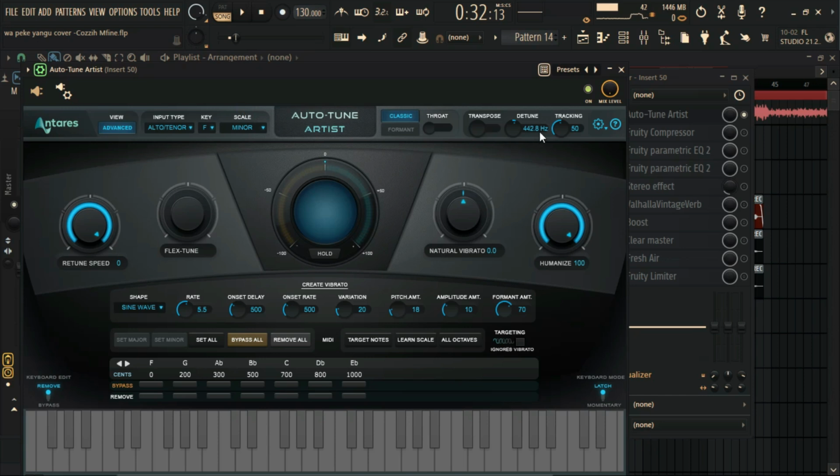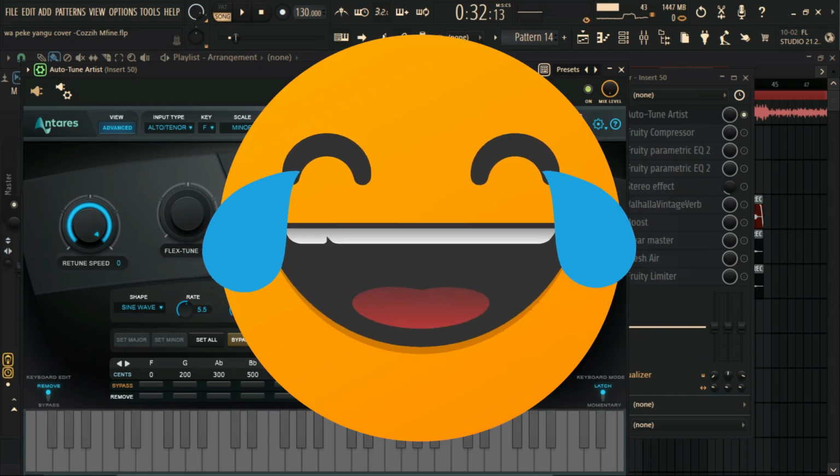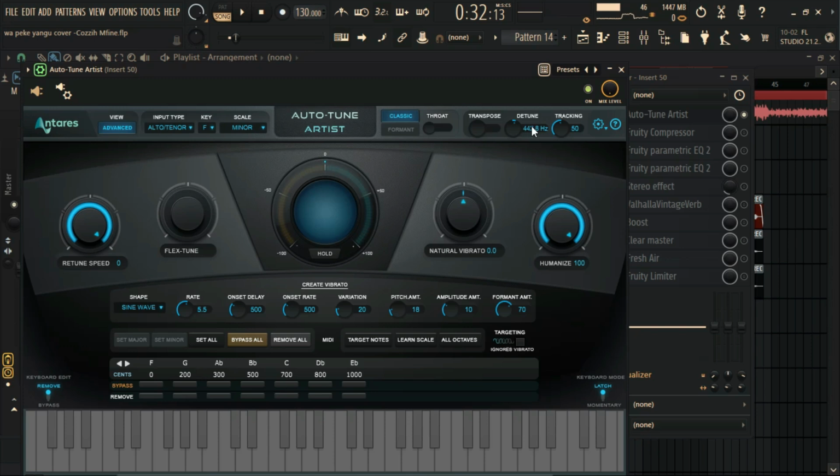And you have seen the one that you've seen, A for 42, that is now what we call the detune value. That is the detune hertz, the number of hertz that you are singing at, the amount of tuning that you've done. Actually the default is usually at 440, but don't use the default one. You can use the 442, the one that you see there